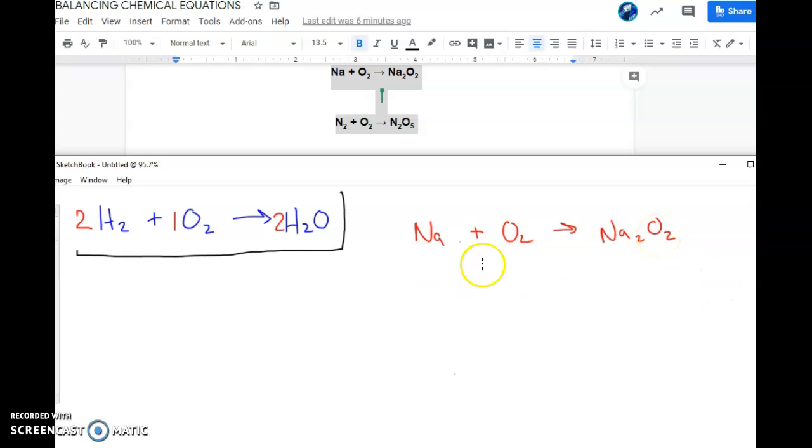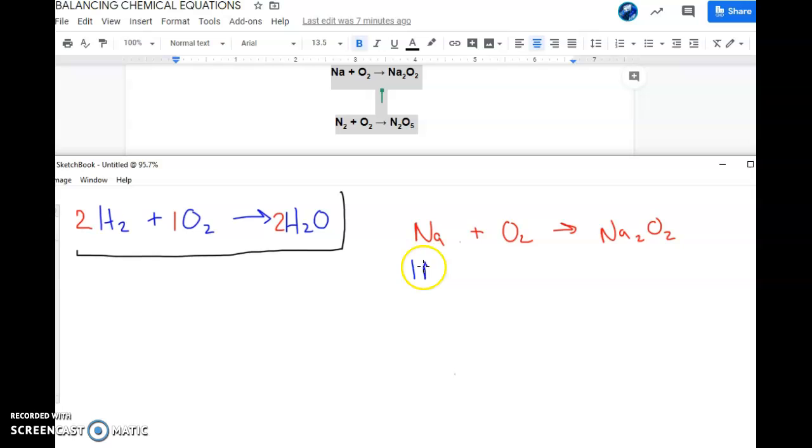cannot create or destroy matter, so nothing can be gained or lost in a chemical reaction. And if you look at this reaction and what's occurring, my sodium reacting with oxygen has created an extra sodium that wasn't over here. And that's not possible. So what we have to do in chemistry is balance this equation so that we are obeying that law. And a balanced equation will show the same number of sodiums on both sides and the same number of oxygens on both sides. Right now,